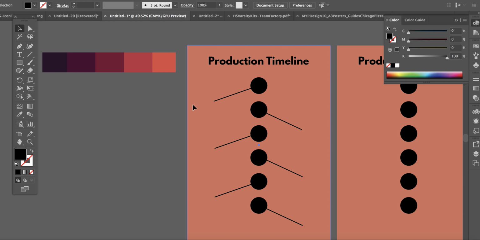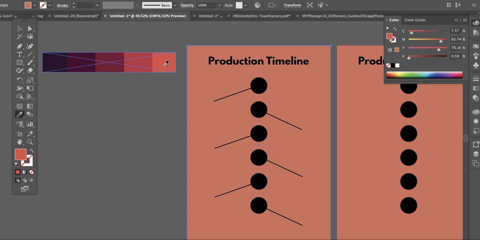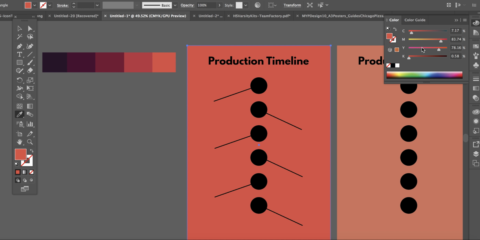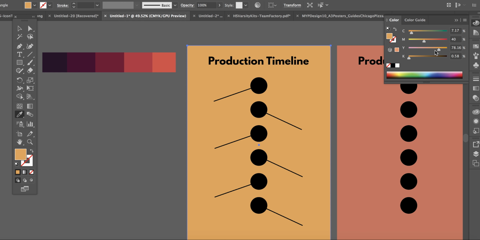And what I can do from there is I can just use the eyedropper tool, which is over here, and I can click on any color I want, and it'll come up with that exact color. Really nice. So I'm going to start with that color. I'm going to kind of bring it down, maybe make it a little bit different, make a different background, and